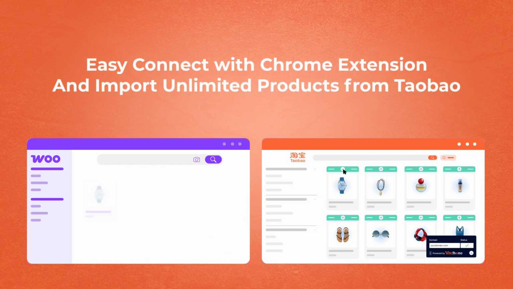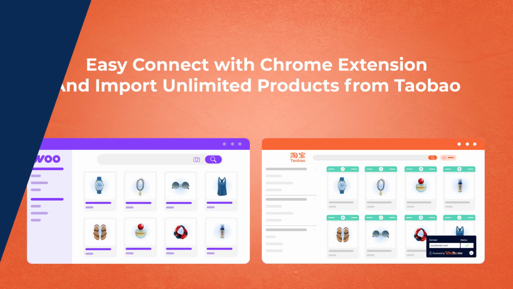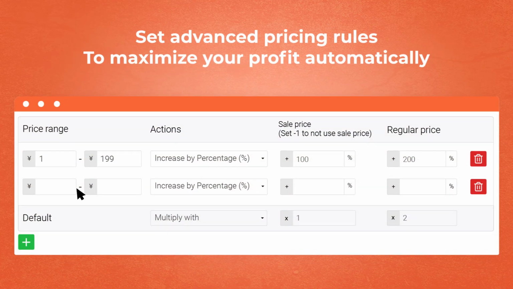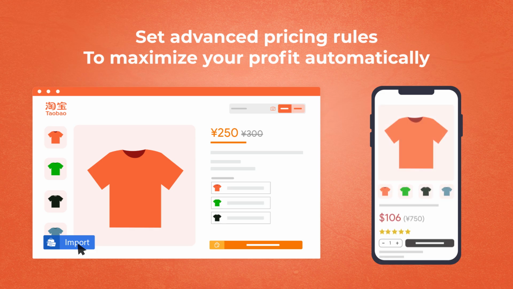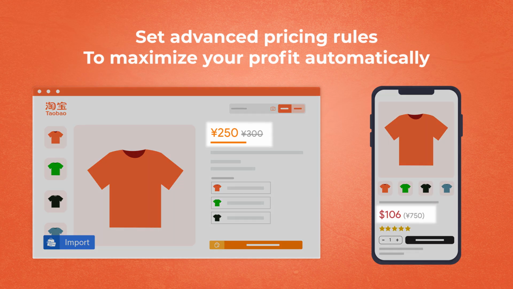You can easily connect your WooCommerce store with the Chrome extension and import unlimited products from Taobao with just a few clicks. With the advanced pricing rule feature, you can easily control your profit margins. For example, if you set a pricing rule for products ranging from 200 to 500 Chinese yuan, when you import a Taobao product with a price in that range, the system will automatically apply the pricing rule you have set